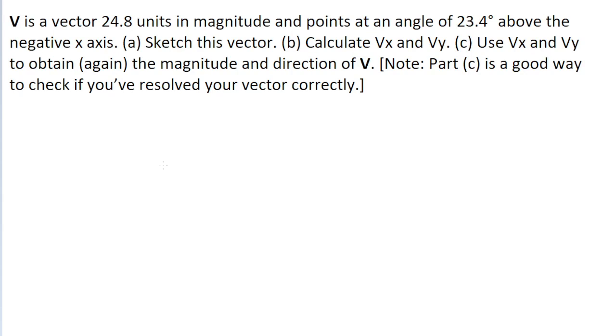The first part of this problem asks us to sketch the vector as it's described in the problem. So the vector is told to us that it has an angle of 23.4 degrees above the negative x-axis. So if we have a y-axis, then we're looking at the negative axis, which we typically draw pointing to the left for x-axes. So the vector v is pointing at some angle above this negative x-axis. So it might look something like this, where this is vector v, and here is the angle, which is given